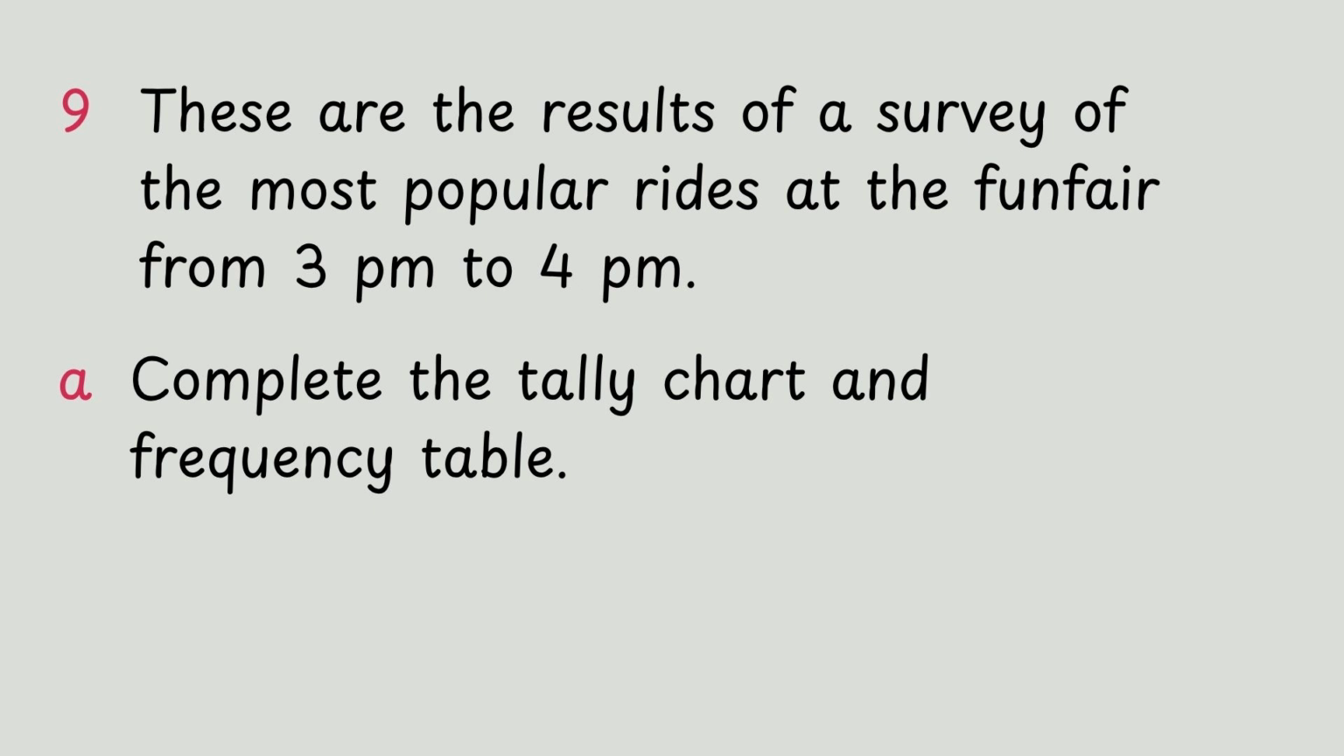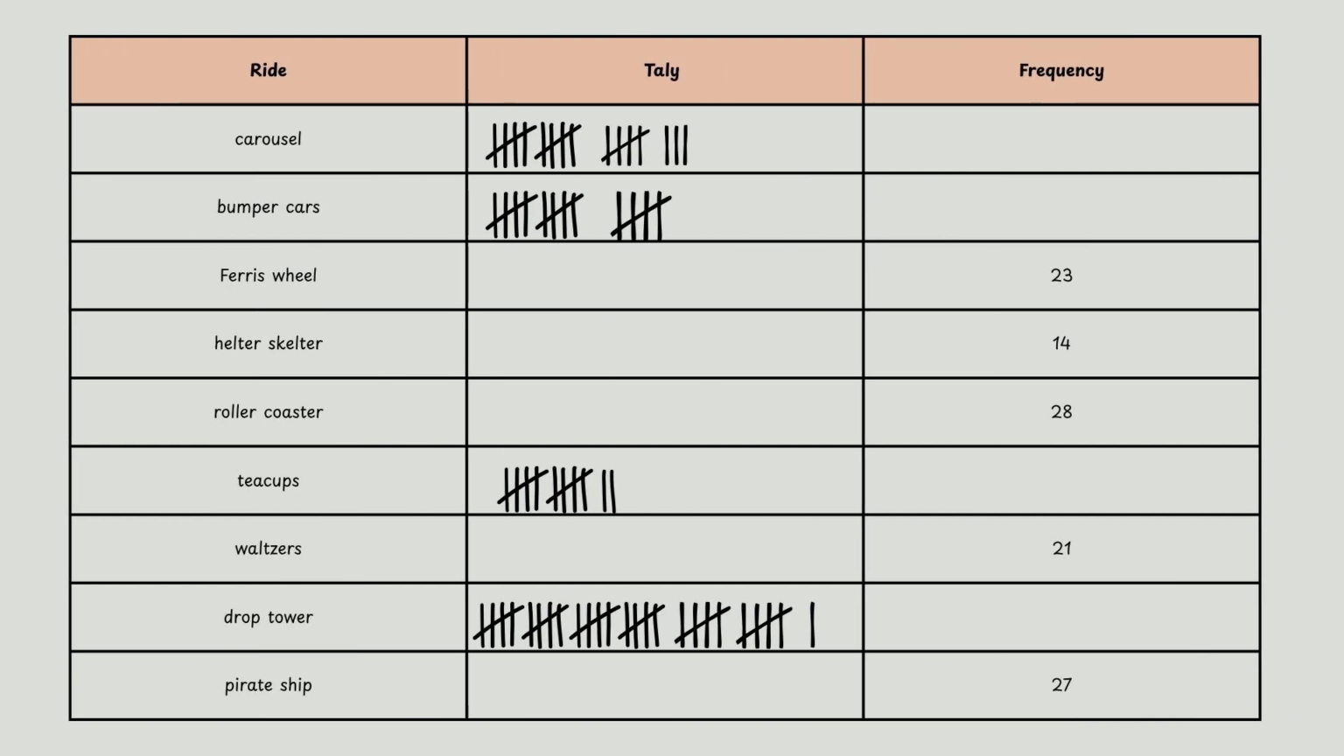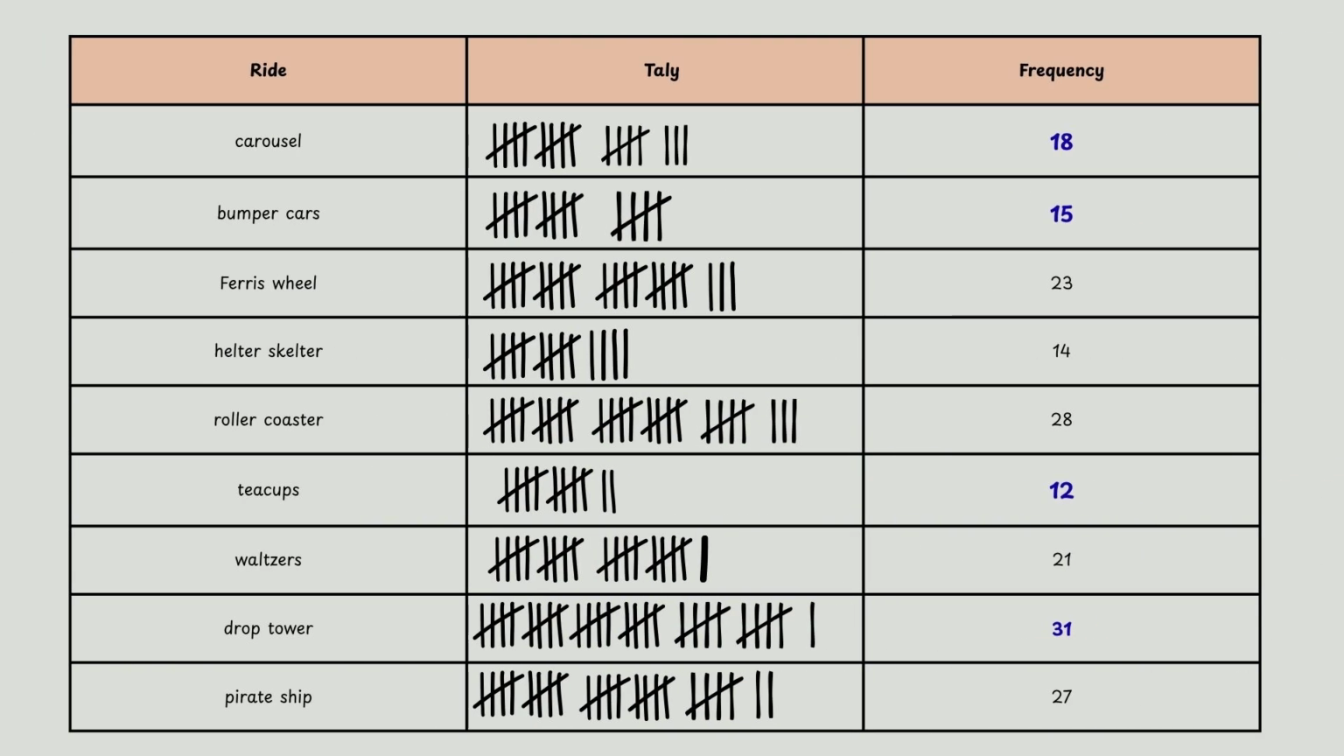Question 9. These are the results of a survey of the most popular rides at the fun fair from 3 p.m. to 4 p.m. A. Complete the tally chart and frequency table. So as you can see in the table, for carousel there are 18, for bumper cars there are 15,